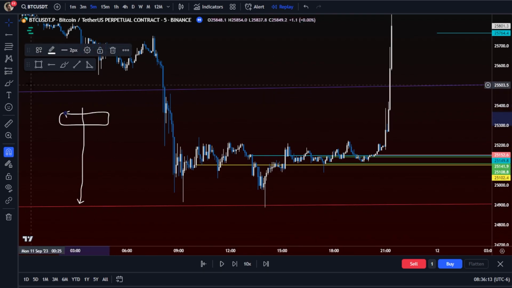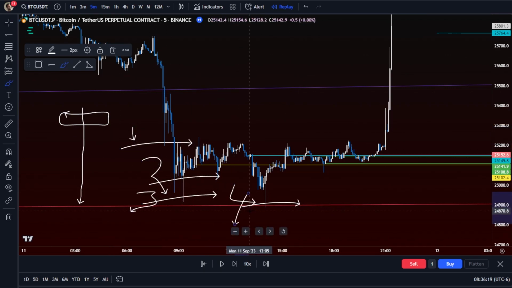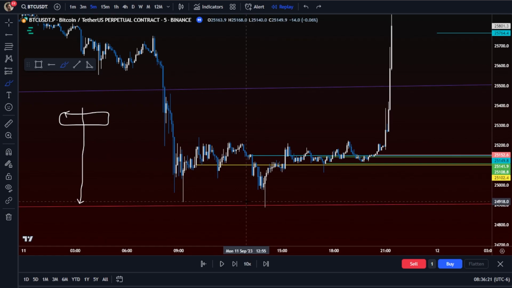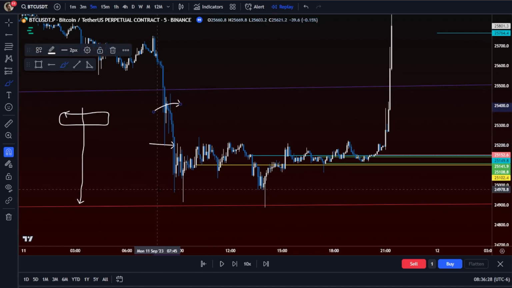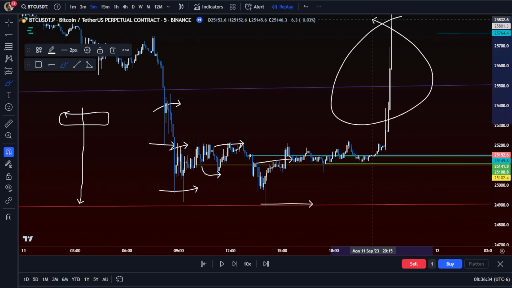So this is an example of not taking a ton of trades, because this would be quantity: 1, 2, 3, 4, right? A higher quantity of trades with a lower quality, because you're in, out, in, out, in, out. You don't know for sure. And this is what you would do if you're a scalper. Enter, exit, enter, exit. If you can manage to pull off all the levels perfectly, enter, exit. But there's never really a bigger play.